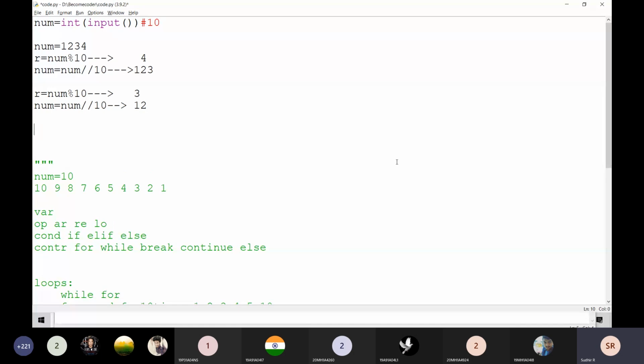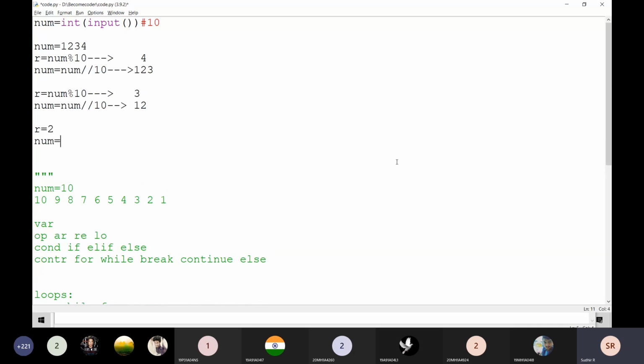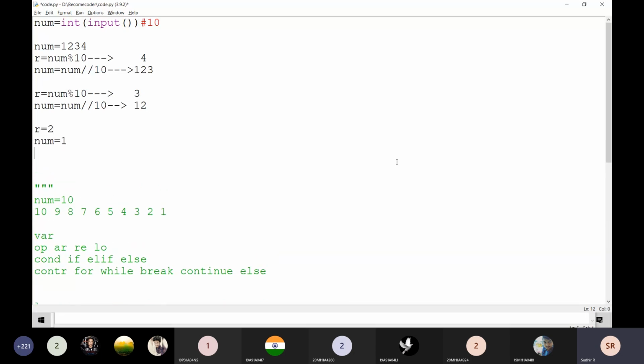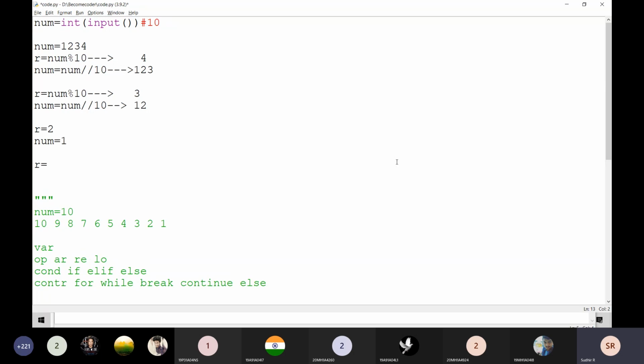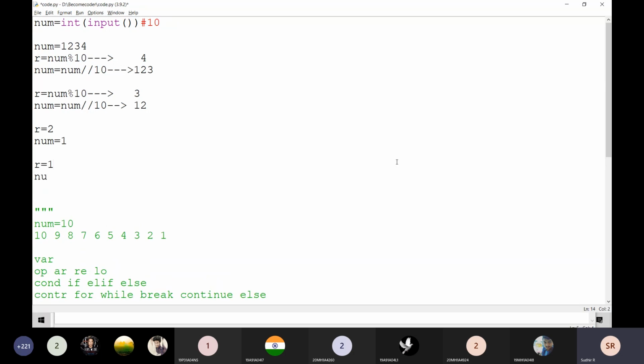Again, the r value is going to be 2. Now the num value becomes 1. Then the r value is going to be 1. Then the num value is going to be 0. Then I am going to stop at this position.